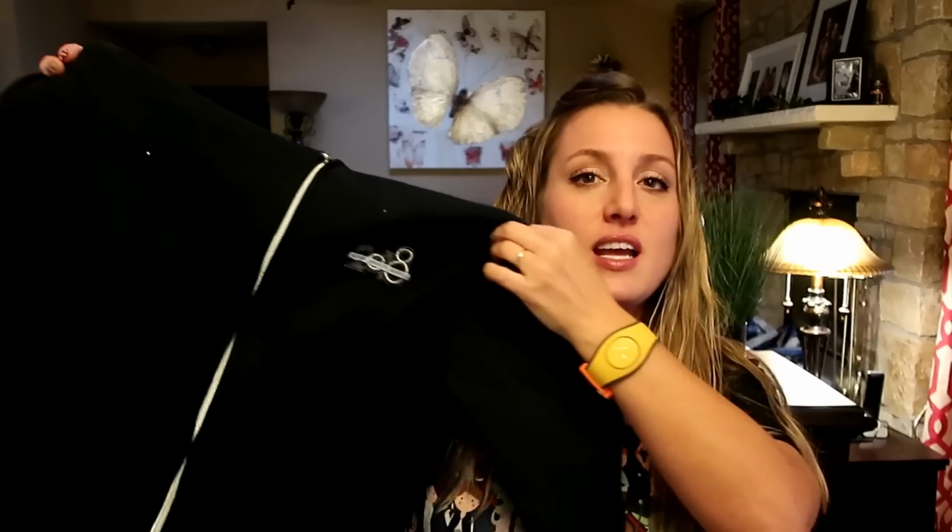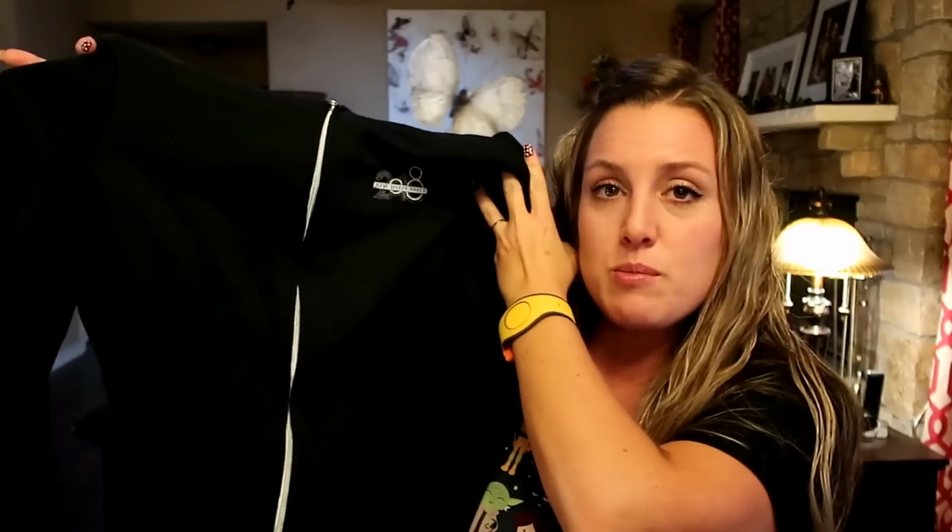The next item that I want to share with you today was an item that I purchased in Magic Kingdom, and this was from Faire, which is right behind the castle, kind of over by the carousel. And they sold these all over the parks though. I'm not really sure everywhere that you could get them at, but Faire did have these, and this is the new